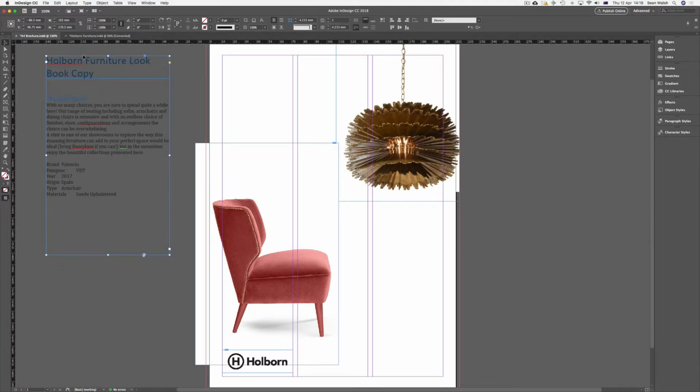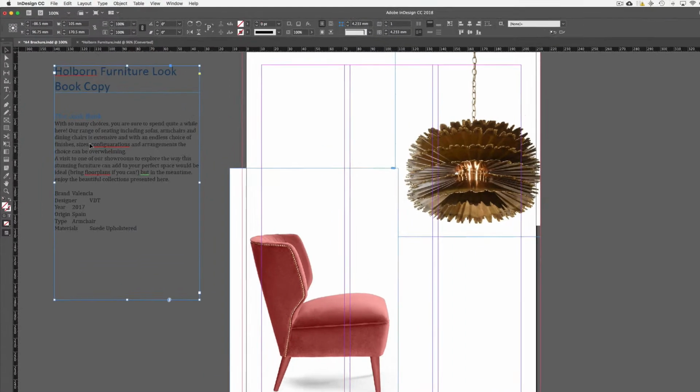So we can see here it does have the same formatting that was used in the Word document. So the last setting that must have been used when text was last brought into InDesign must have had the formatting option turned on. Alright, so now we're just going to break this text down into some smaller text frames,